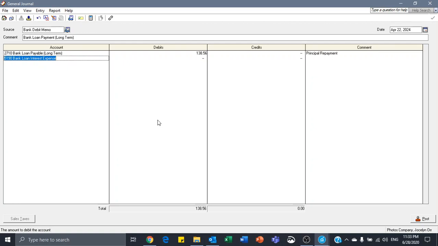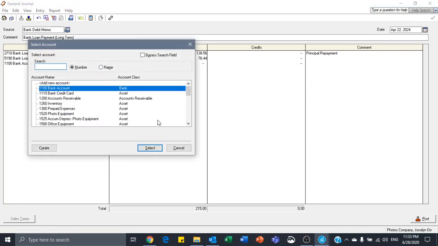So in this case, it is a compound entry. It is another debit, but if I hit tab, it's going to bring me to my debit field, and I'm going to type in 7644. I'm going to hit tab. We don't have to put in another comment, so I'm going to add my next account, which in this case is my bank account,